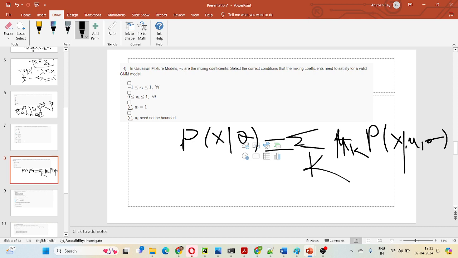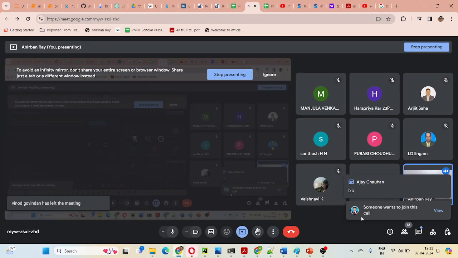Pi here represents the weight that each Gaussian distribution has to be provided. If the sum is not one, then by probability distribution theory the total probability needs to be one, and that does not get justified. And if the sum is one, then each has to be less than one. It cannot be zero. One can be zero, but